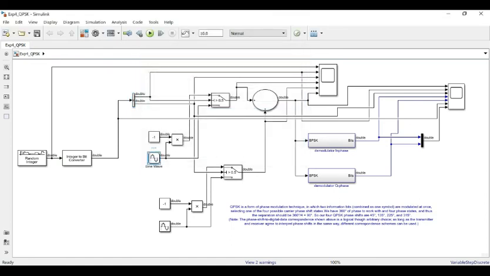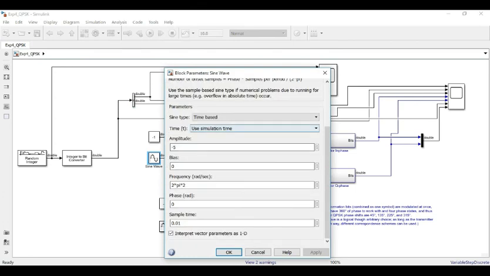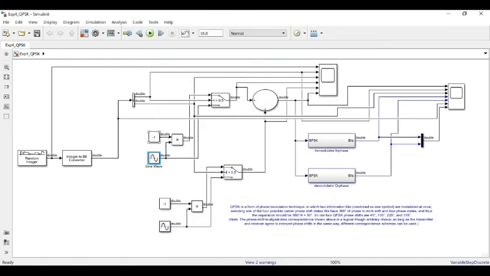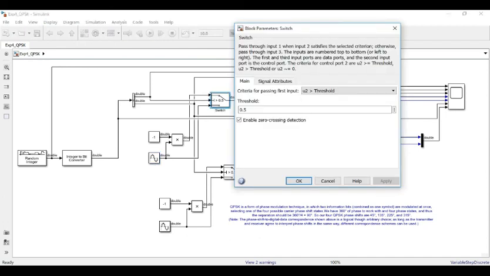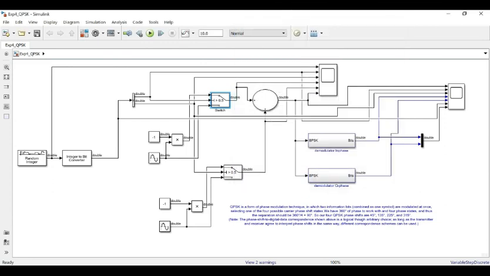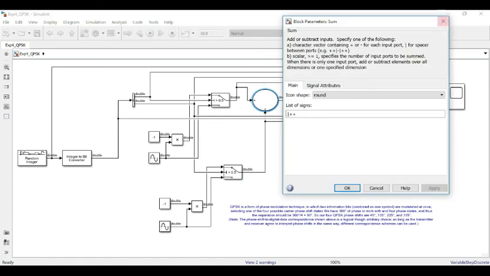Then we are going to have sine waves. These are the parametric analysis that we need to do. Then multiply with this constant and move up with the switch, which has a threshold of 0.5. Then again we are going to take one more block in the same manner, which will move to a switch with a parameter of 0.5. After comparing these two, that will be summed. You can observe here, this is called a vector. Vector addition is going to happen here.